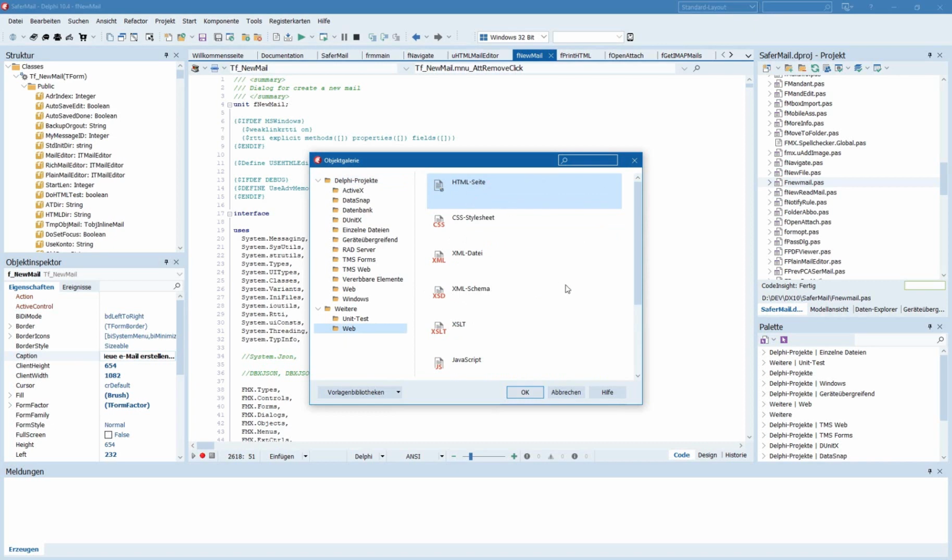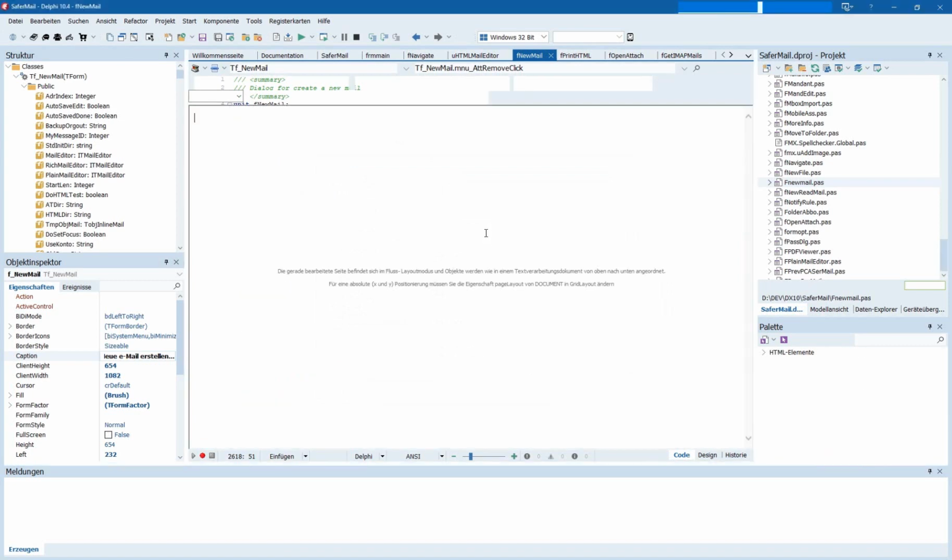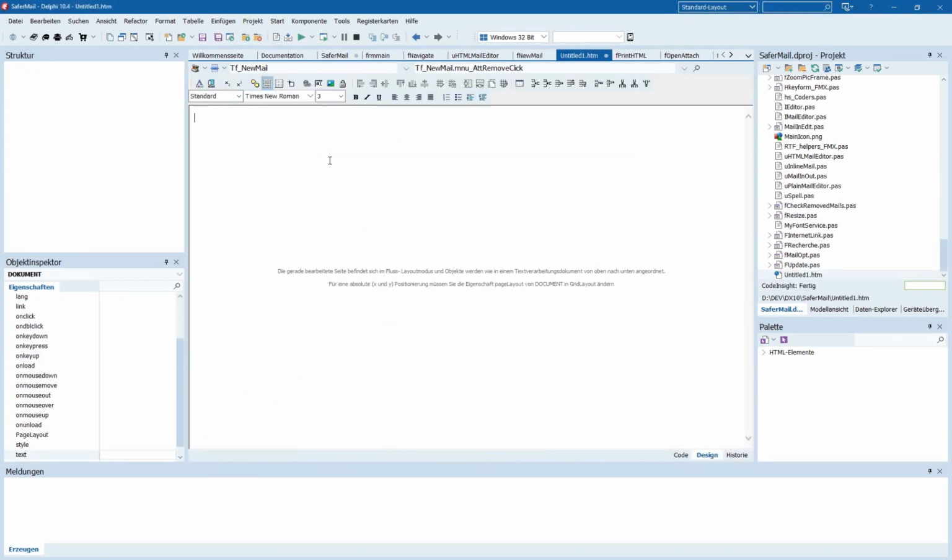And here you choose HTML page, and then one HTML page will be created, and I write only a short description here to get this page, and we save it all,